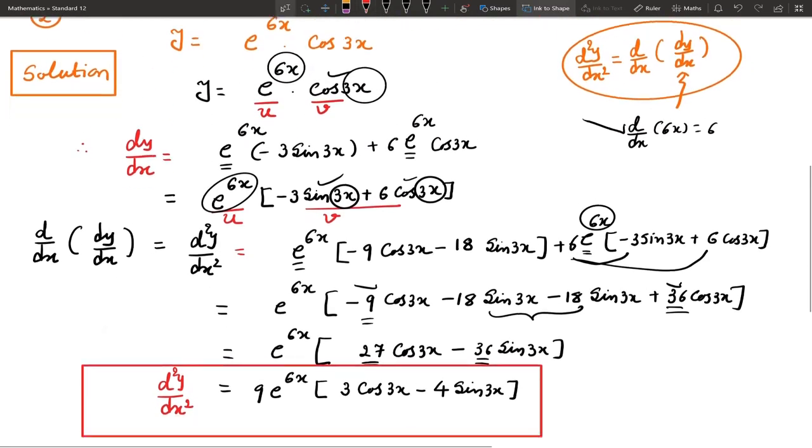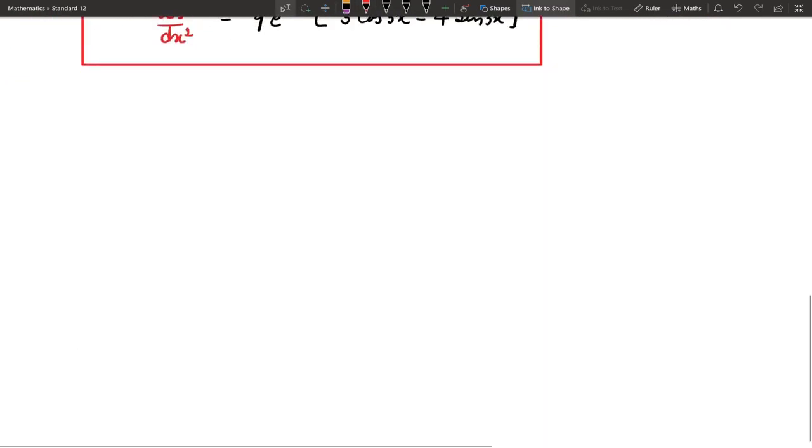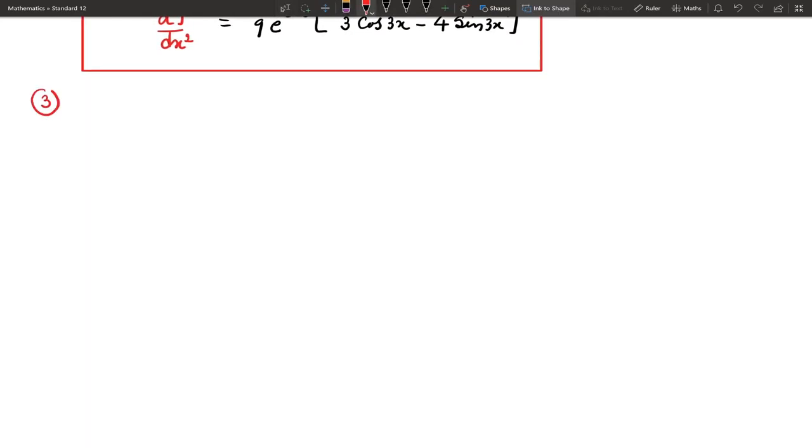Next example, we have to find the second order derivative for tan inverse x. So we denote this by y. So to get the second order derivative, we have to evaluate d2y by dx2, and it is nothing but d by dx of dy by dx. So solution: